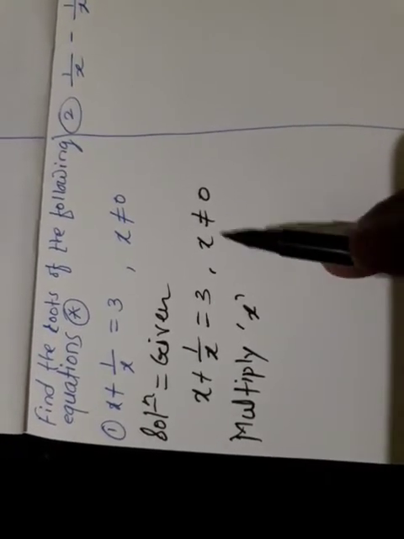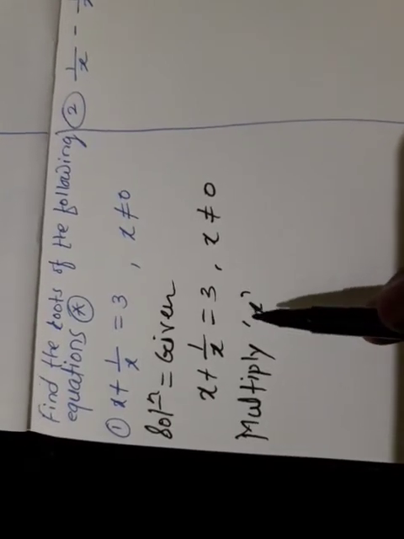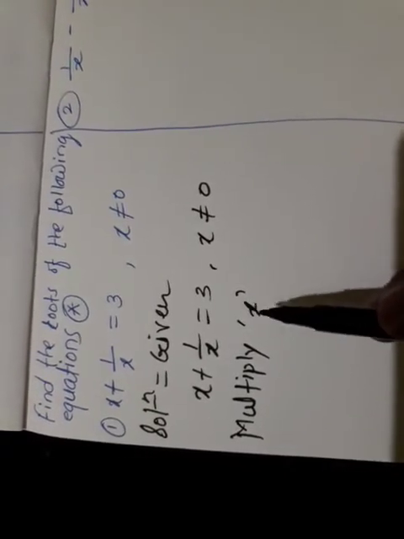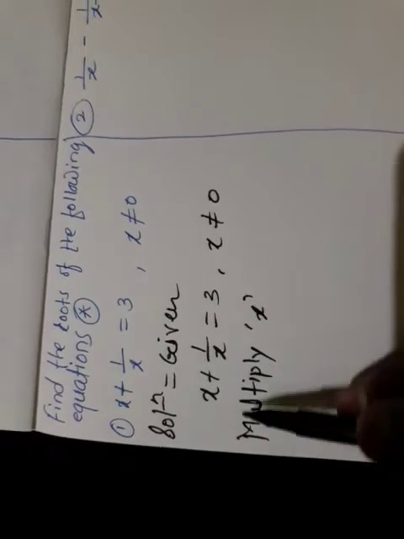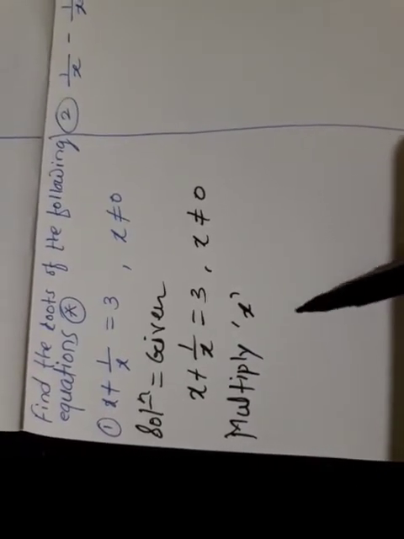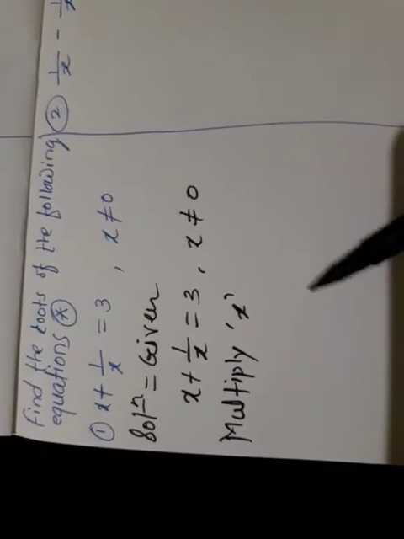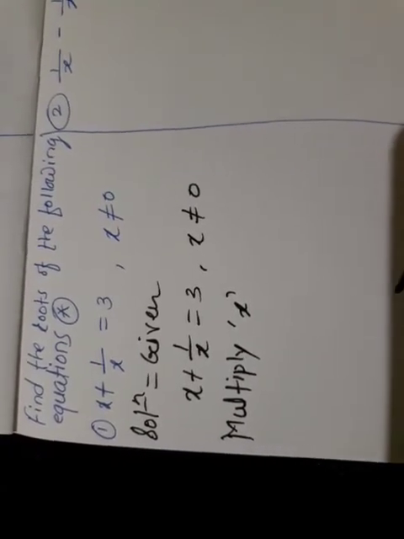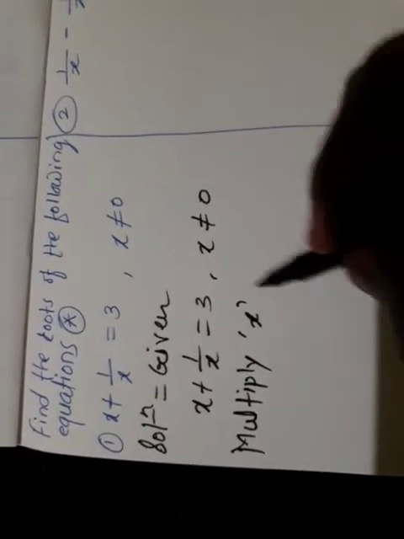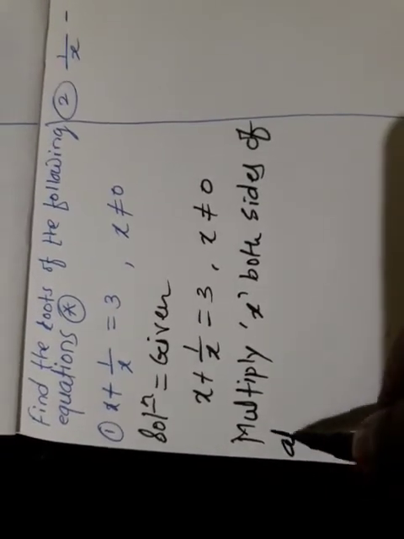If something different is there, then we will get a different variable, and that variable we have to multiply to both sides. Okay. Then what will we do? Multiplying throughout by x. Are you getting what I am saying? Multiplying throughout by x we get, we can also say it this way: multiplying x to both sides of the above equation.